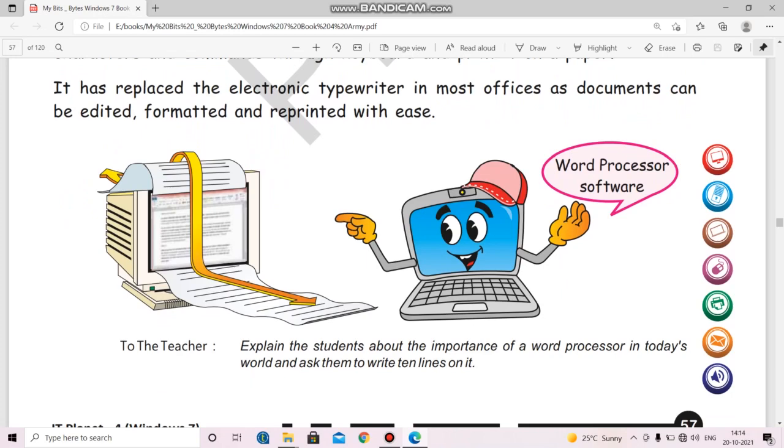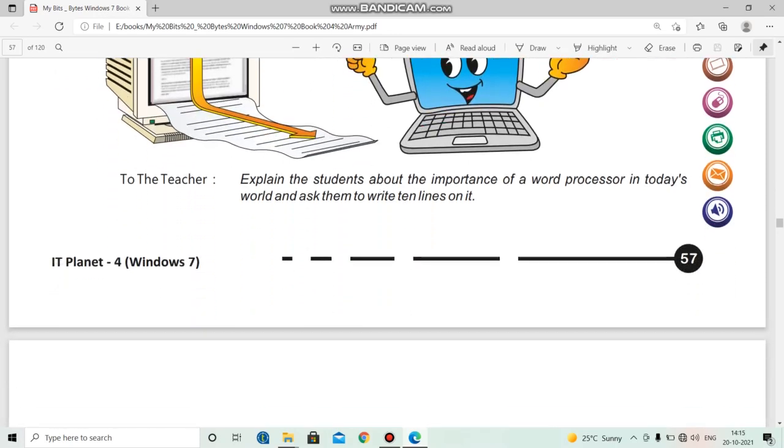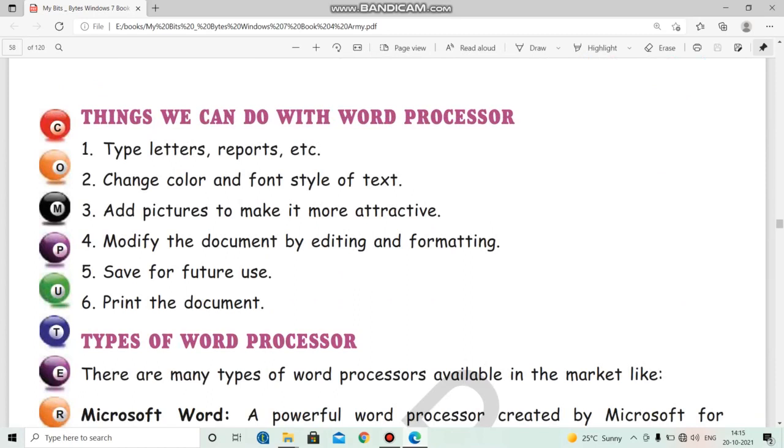But typing with the computer is more convenient and easy, because if there is any problem or error, you can rectify it very easily without retyping the complete paragraph. So this was a major drawback of the typewriter and a major plus point of the computer. This was the topic that we had discussed.